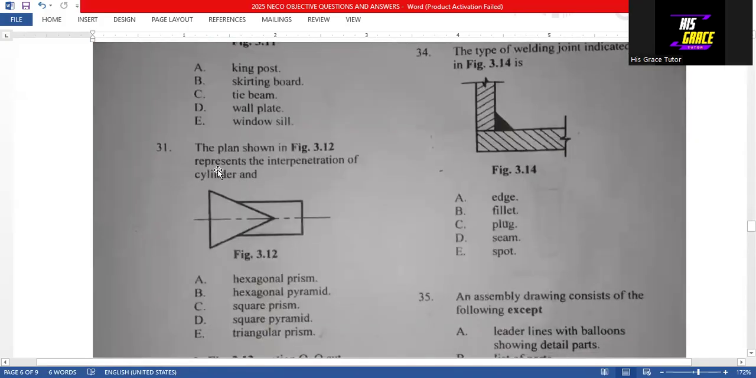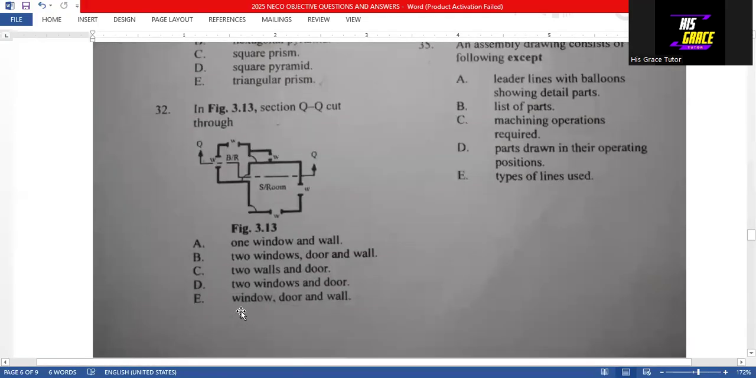Question 31. The plan shown in figure 3.1 represents the interpenetration of a cylinder and a square prism, a square pyramid. That is option D, the answer to question 31. Then question 32 says that in figure 3.13, section